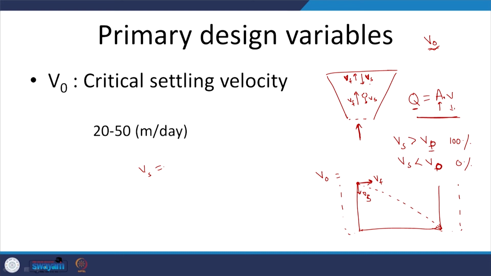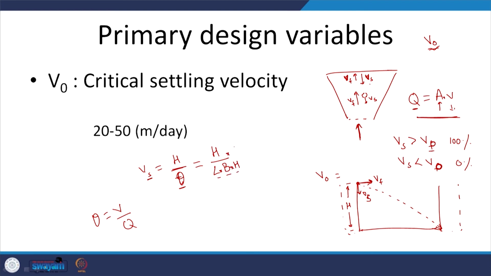It has to be such that, this is the height h. It has to cover this in a particular time, theta. I should have mentioned theta there. Theta I know is equal to V by Q. This particle is spending a total of theta minutes in this system. Within that time, it has to cover a distance of h in the vertical direction. Only then will it be removed. So h by theta is, with theta equal to V by Q, and V equal to length into breadth into height,